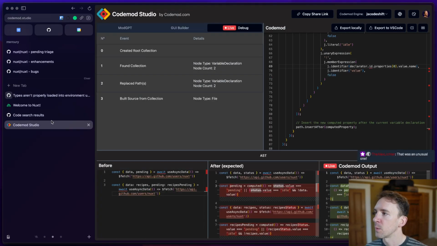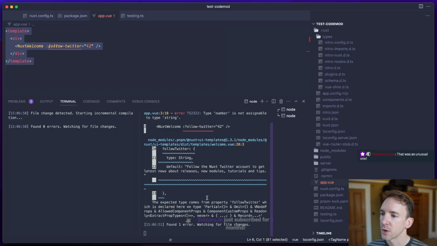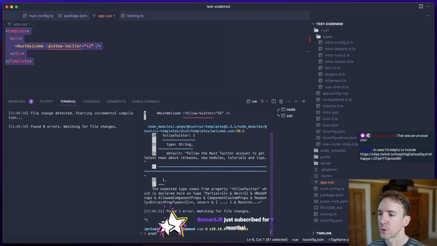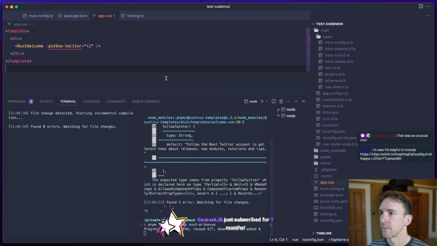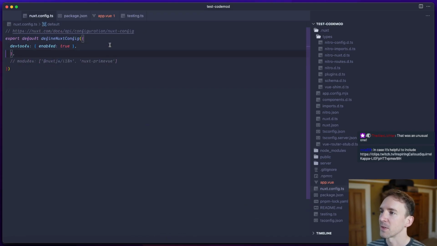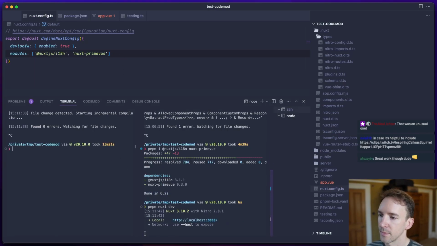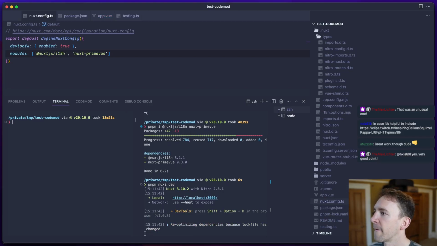Where were we? That is very unusual. Let me just confirm now that if we install Nuxt.js i18n and Nuxt PrimeVue, these things do work together after the initial thing, right? So we still need to confirm that there is no, okay, nuxt def, and